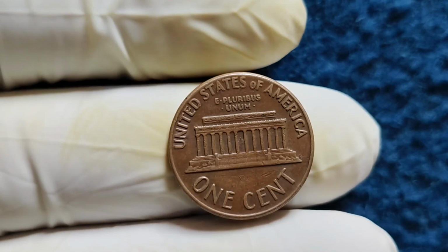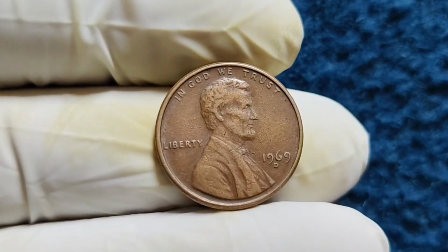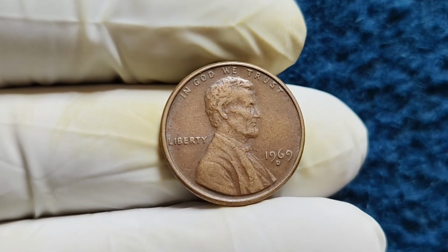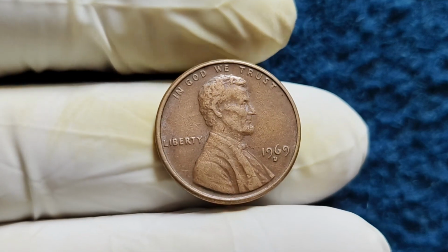D penny, check its condition. The better the condition, the more it's worth. Coins that are in pristine condition, free of wear and tear, will fetch a higher price. If you think you've got the real deal, get it appraised by a professional. There are coin experts who can verify whether it's an authentic double die error and give you an estimate of